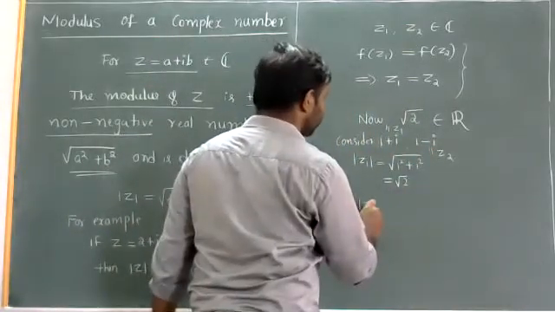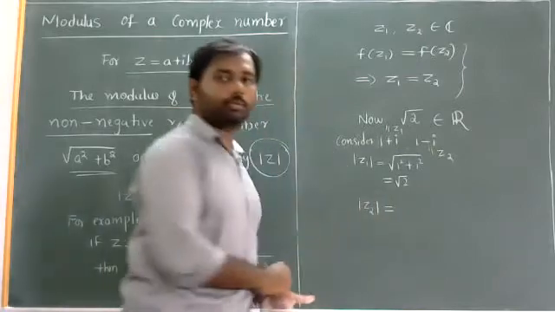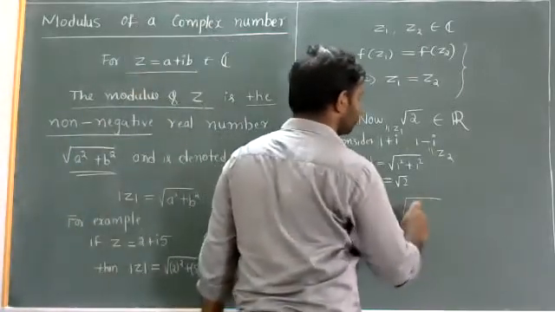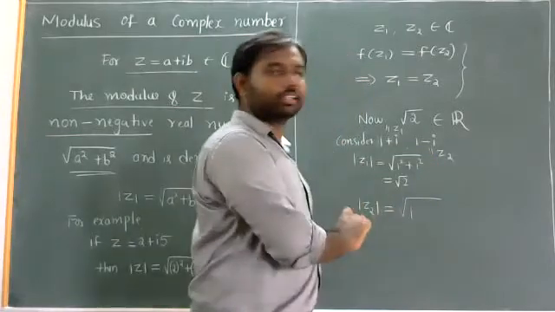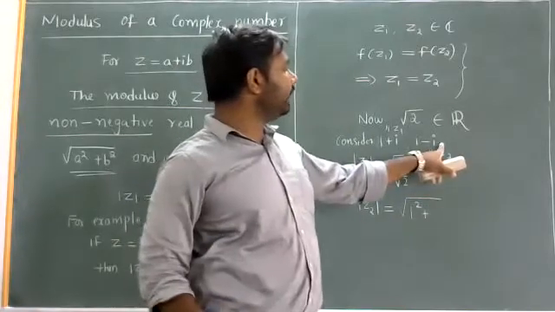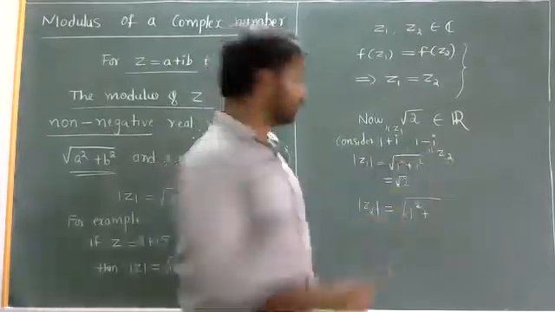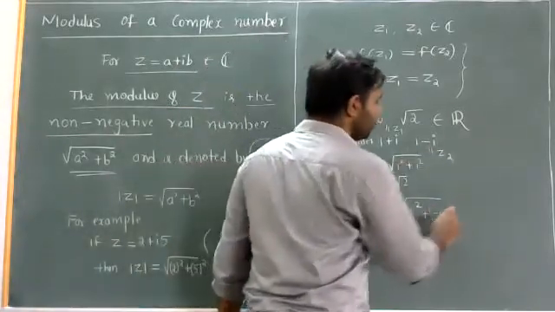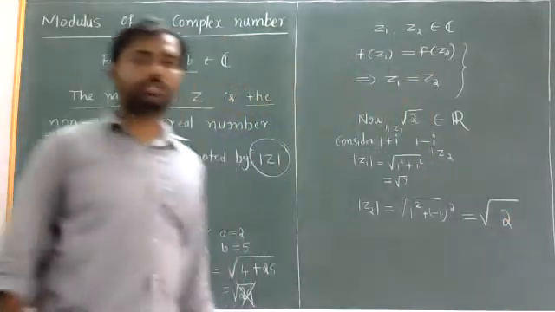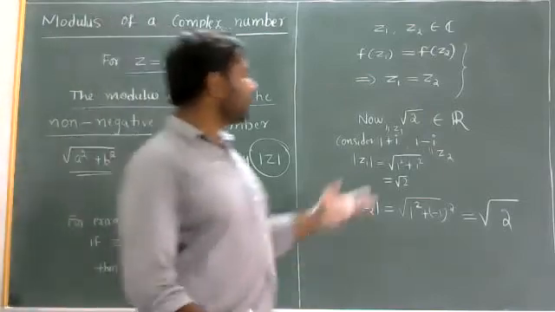Similarly, what is the modulus of z2? The modulus of z2 is the square root of, once again, in place of a we have 1, so 1 square plus, and in place of b we have minus 1. Minus 1 whole square is again 1, so 1 plus 1 is 2. So what do we have? We have two